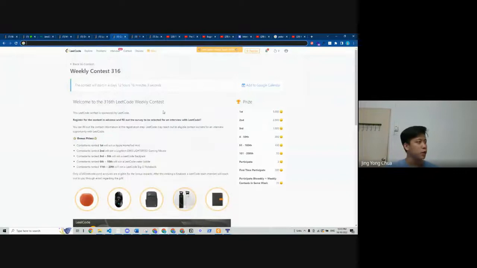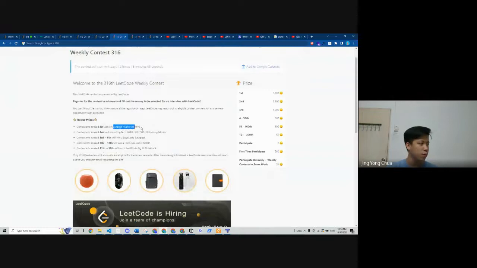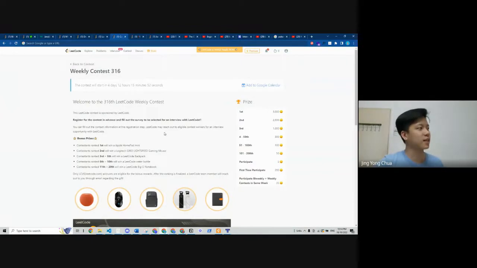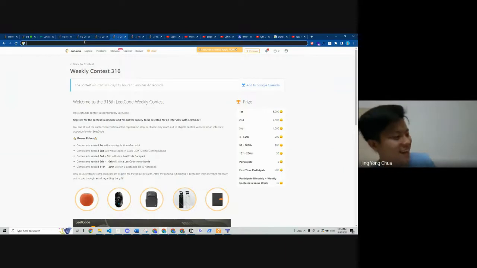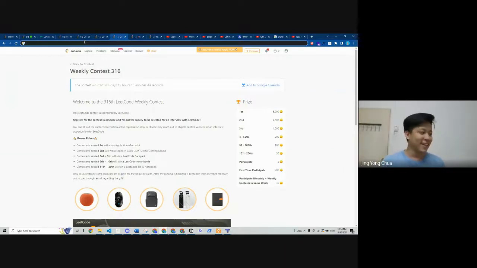Originally, I wanted to promote to you guys, there's this weekly contest for LeetCode and you can join, can win like Apple HomePod mini, gaming mouse. Wow, I do easy and medium, I also get stuck. I'll be scared already actually. I don't think I'm at the level yet to go for this. Thanks for informing. No problem. Hey, Michelle, you try this if you're up for it, or we can all give it a try together. I'm still on Edabit. Yeah, I think Edabit is a safer one.